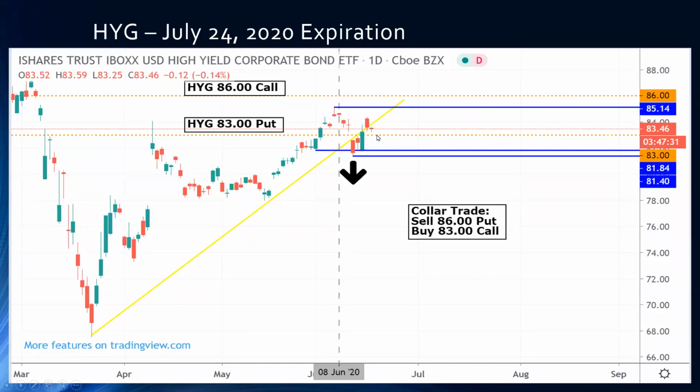So this is a situation where, especially since we've just made this low the way we did, if yesterday's trading is the cap, if we don't get above 85.14, where the high was the day before this slide was first made, then what's going to happen here? We have the potential to take out these lows. And if we take out this 81.84 level here, you're looking for a nice corrective move lower, which means your collar trade would be good. So in this case, you're still long the high corporate bond ETF situation. You're very prepared with this collar trade right now, and you still have a month to go.